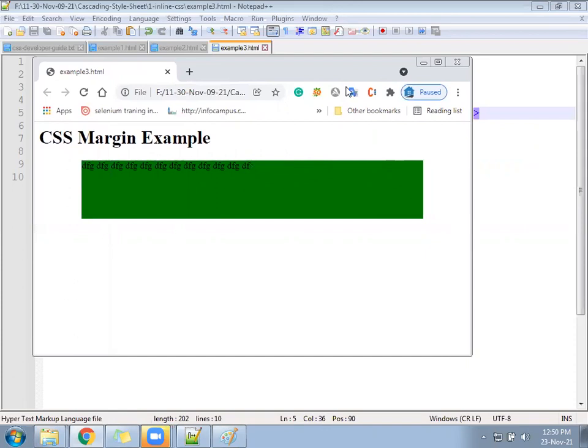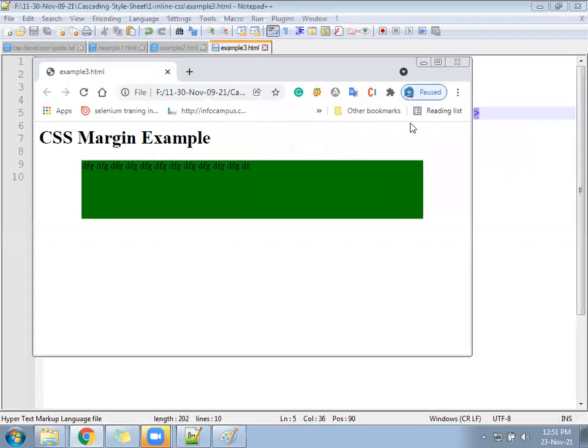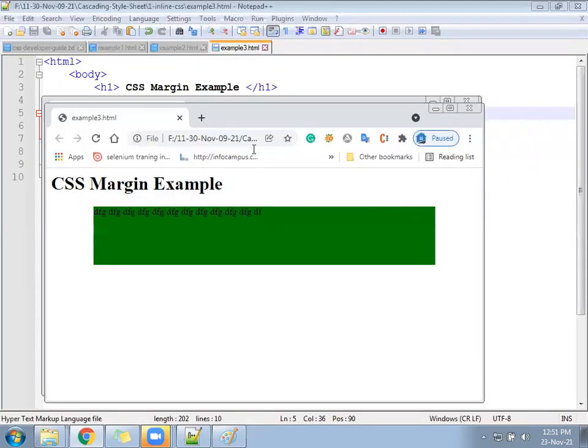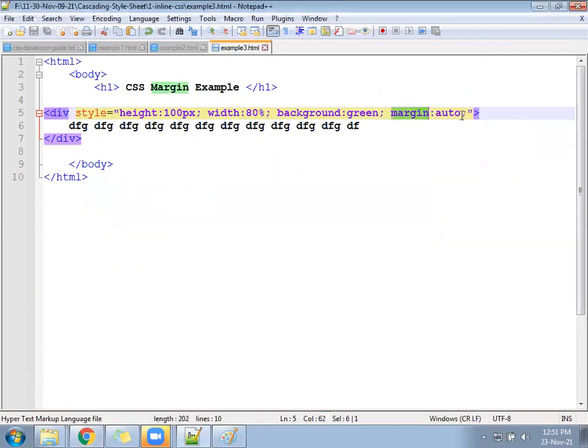Then also 80%. Full width also 80%. So 80% is covering because we have given 80% width here. But it is coming always in the center. Why is it coming in the center? Because of this property. Margin auto.